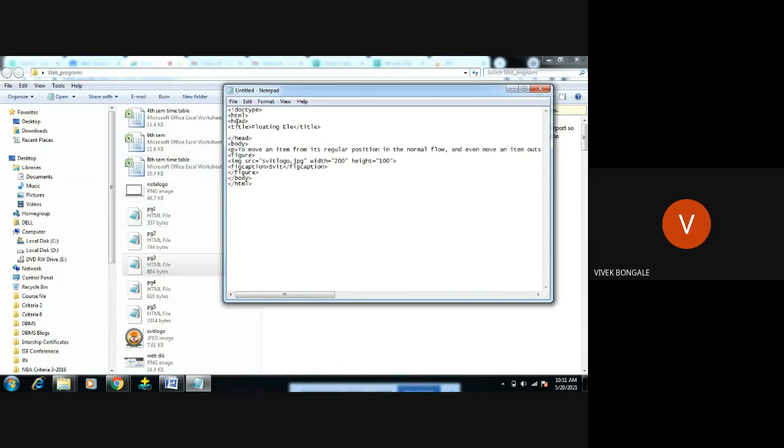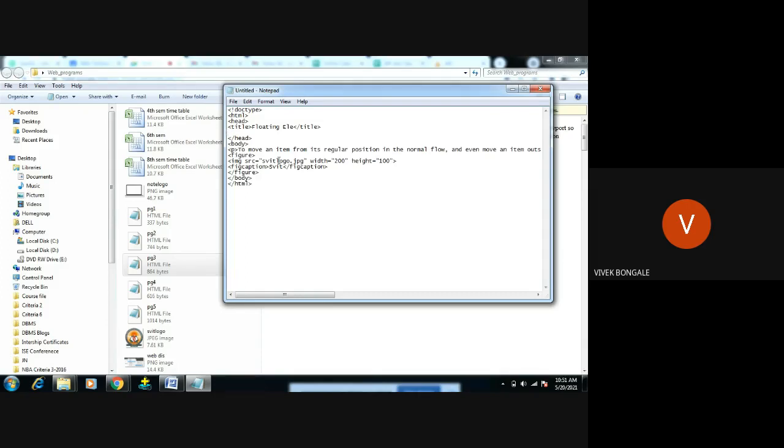By running this program, we will find one paragraph in the browser, and below that paragraph we will find this image. That's it; no other effect in this particular program. So I want to float this same image at the right side, at the left side, and I want to float the same image multiple times. How to do that?